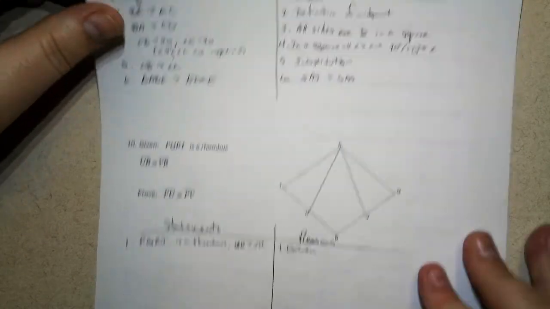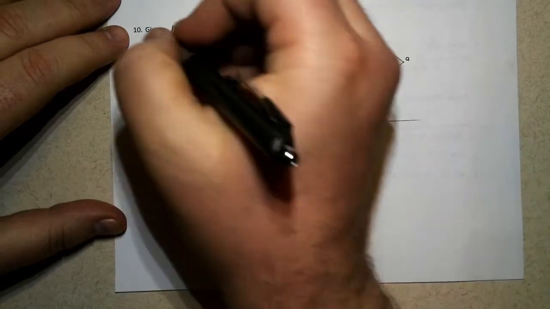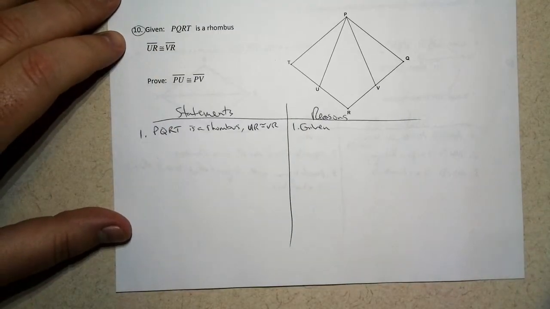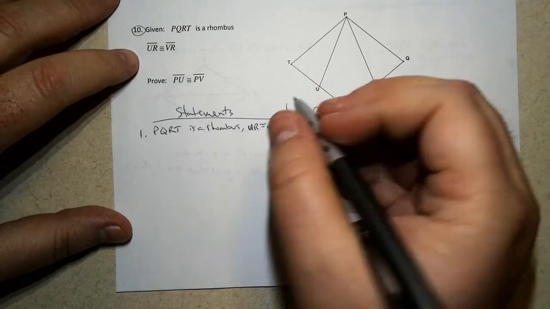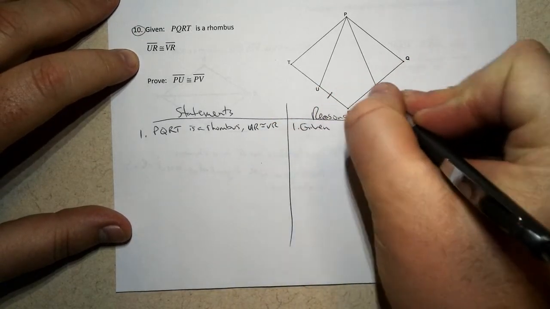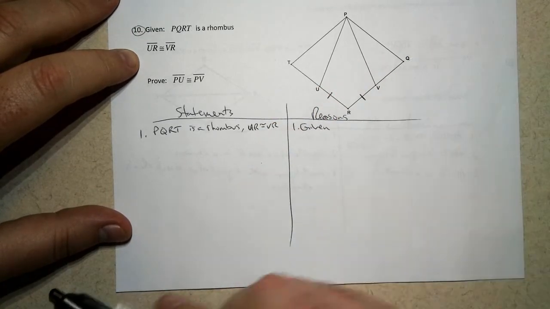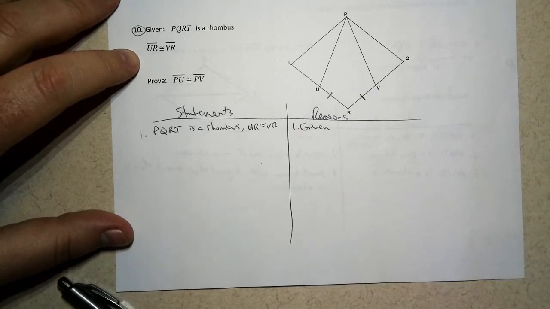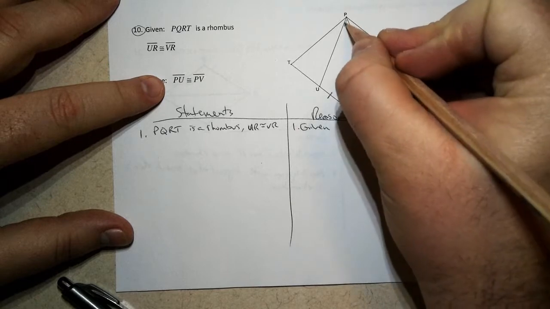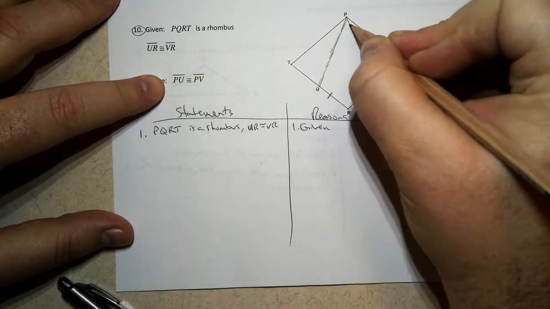Okay, so for homework tonight, I'm asking you to do 2 questions. First one is number 10. Now, number 10, we're going to start with the fact that this guy is a rhombus. And we know already also that these 2 segments, UR and VR, are equal. Okay. Now, what we want to try to do is show that this segment PU is equal to this